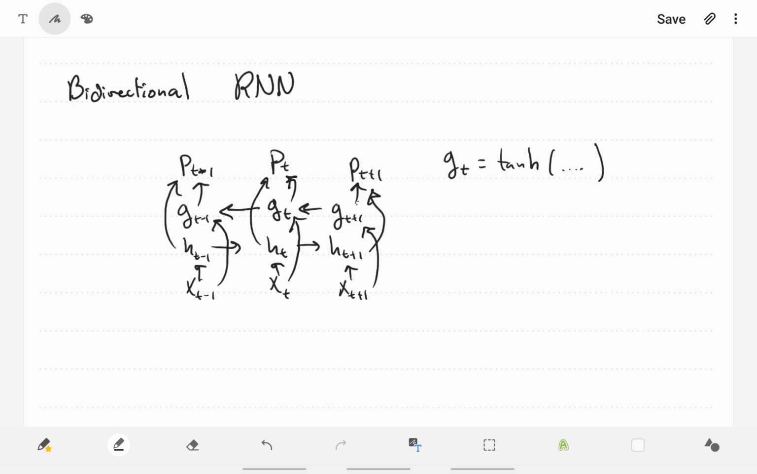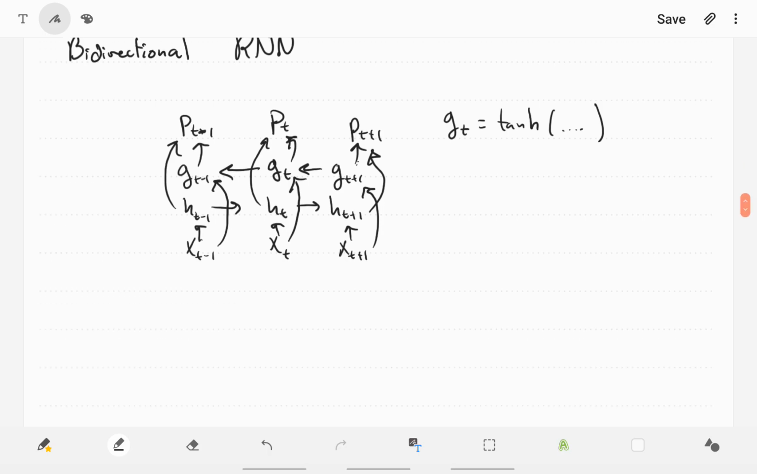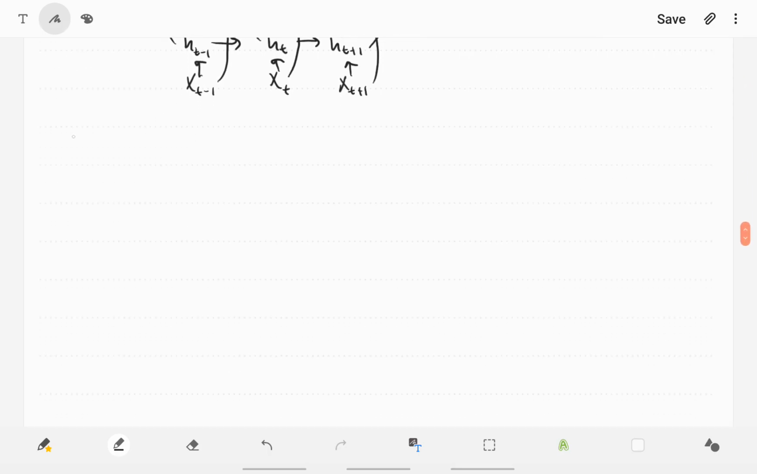So that's one modification. A more complicated modification is in the LSTM. And we'll get to that, but before we get to that, let's just talk a little bit about how we can do backpropagation through time, so backpropagation using a recurrent neural net. So let's talk a bit about